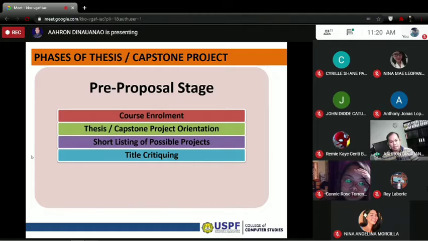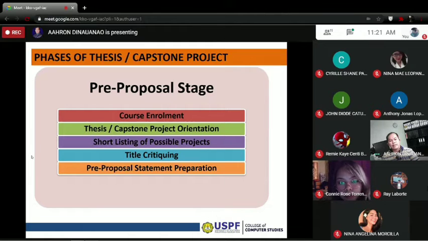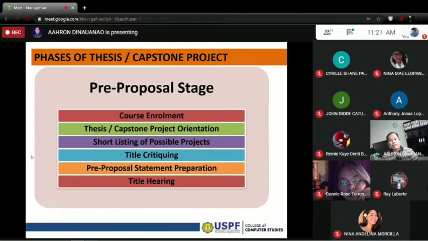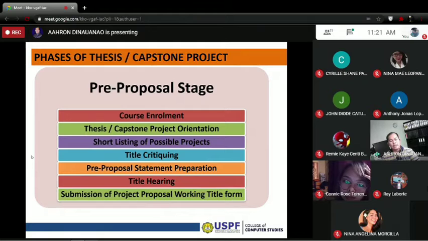Title critiquing after finalizing your chosen capstone project or thesis title. Then pre-proposal statement preparation. Then we will do title hearing, to check whether your title or your chosen topic is right. Then submission of project proposal working title form. Okay? Now, next,